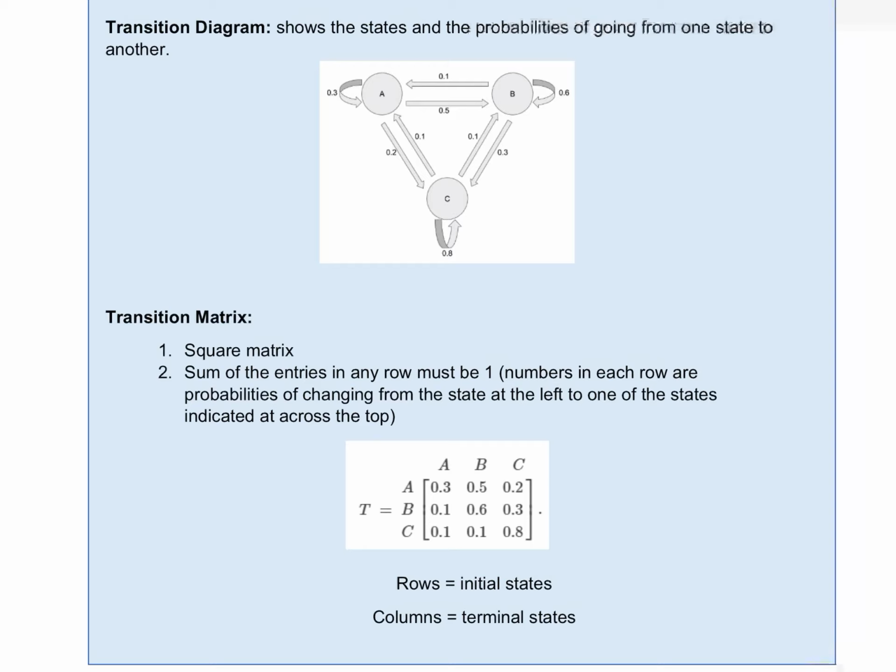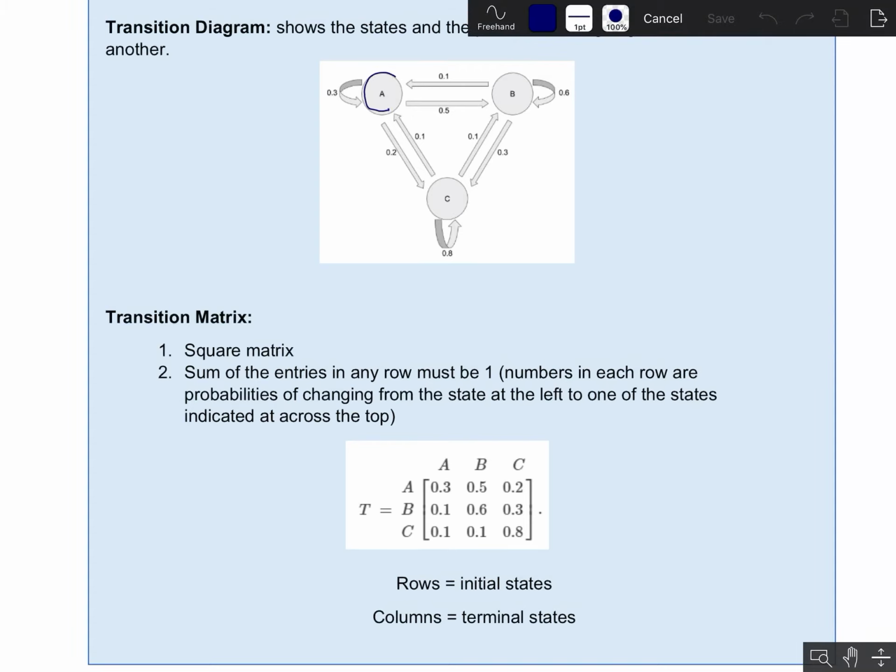So remember that in a Markov chain or in a Markov process, the next step that you take only depends on where you're currently standing. So let's pretend that the current state is A. So for that, we're going to look at the node that says A. And you'll notice that there are several arrows that are either going toward A or away from A. So the arrows that are coming out of A are telling us what the probability is of making that arrow as our next step. So if we look at maybe this arrow,